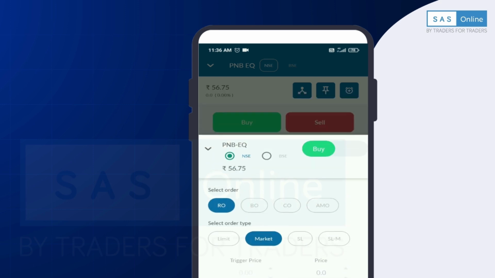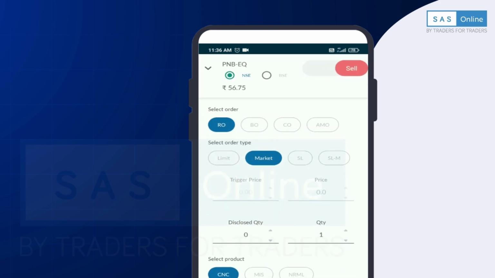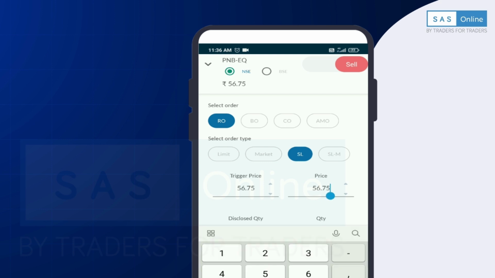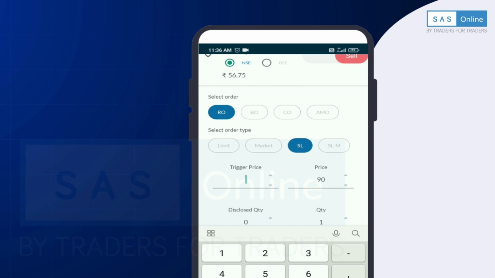Now comes SL, which means stop loss. It is used in a sell window. Let's suppose you have a buy position at rupees 100 and you want to put a stop loss at rupees 90. Then you have to put the price as 90. Then you have to place a trigger price bigger than the price.